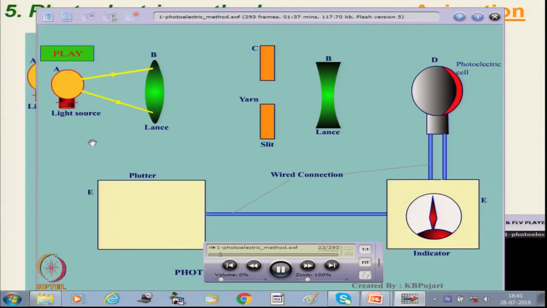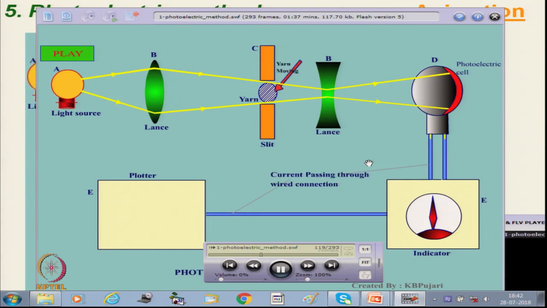So, light is moving through without any material. Now, the material is there, the yarn is moving, and then light is falling on it. The photoelectric sensor will sense the amount of light which is proportional to the diameter of the yarn.